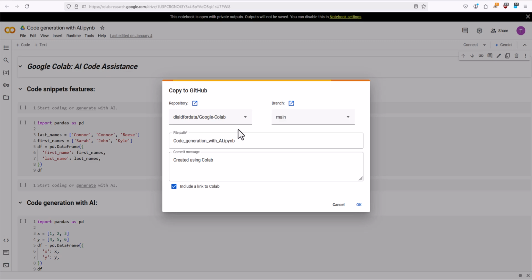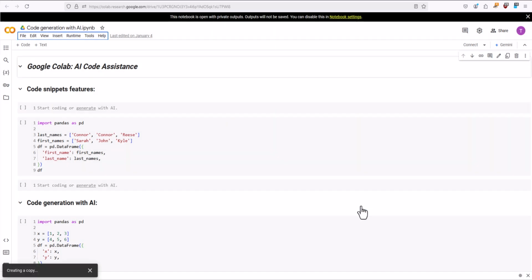from here you can select your repository. Since we have only one repository, but if you have multiple public repository, you can see all of them. You can also put the name of the file and what kind of branch. So for the time being I'm using my main branch, and the commit message is created using Google Colab. And now if I press OK,